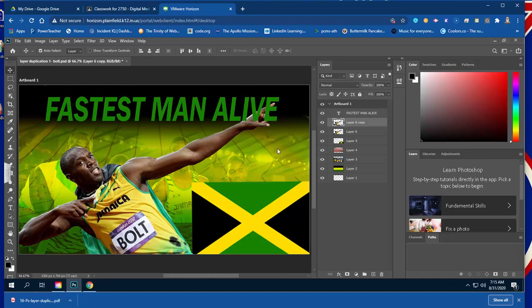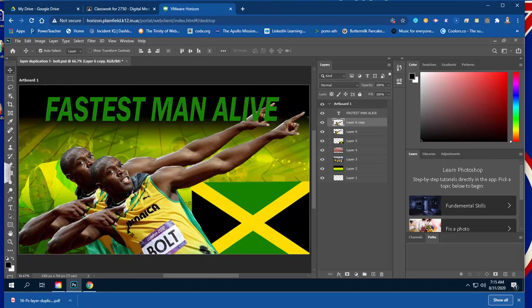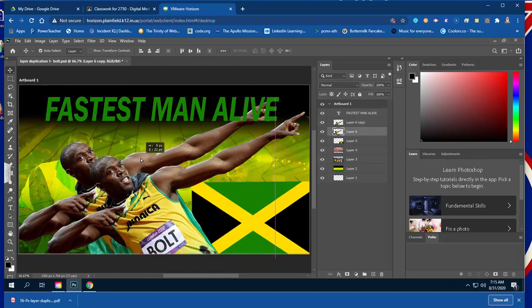All right, so I have a duplicate layer. Why does it look like I have a duplicate layer? Because they're right on top of each other. That's why they're matched up perfectly. So I really do have a duplicated layer of Usain Bolt. Now I'm not going to do a lot with this one, but with this one that's in back right here,